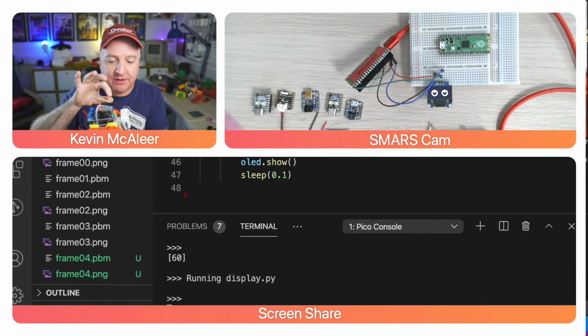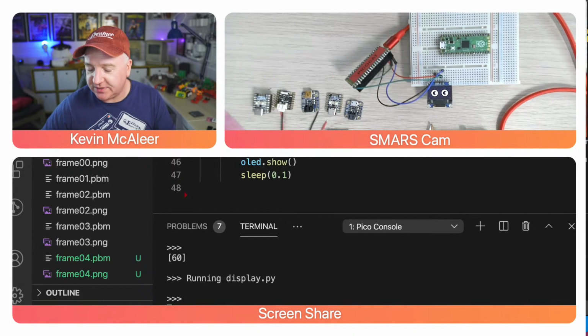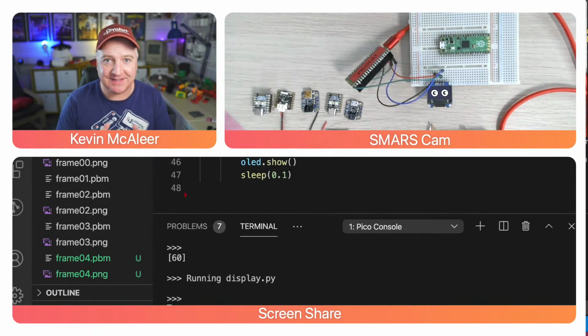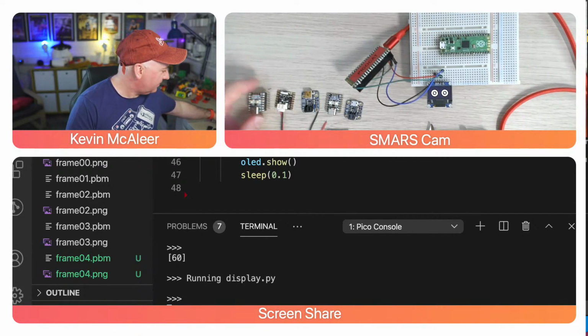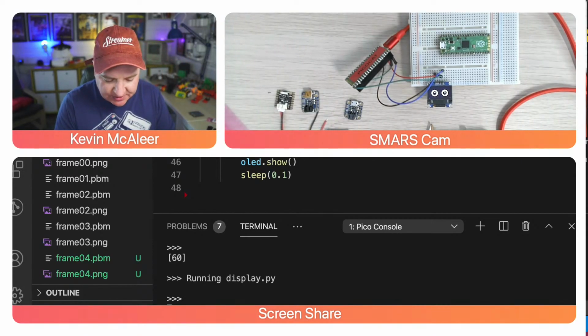I'm thinking about putting a servo on there so we can actually move the head up and down, maybe left and right if we had 2 servos. But we certainly could do that, and we can add that to our Pico Smarts because this is all Pico powered, of course. And what I've got on here next to the on-screen camera is just some more